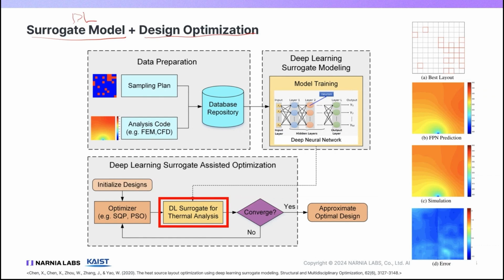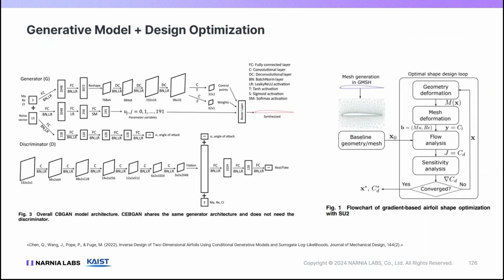For example, the original optimal design method involves selecting initial points based on a meta model, deciding which optimizer to use, and then using the surrogate model to quickly perform calculations. As the solution converges, that becomes the optimal design. In this case, you can think of it as directly using a surrogate model built with deep learning as your surrogate model. In this case, the optimization was performed on the heat distribution for the heat source. Also,